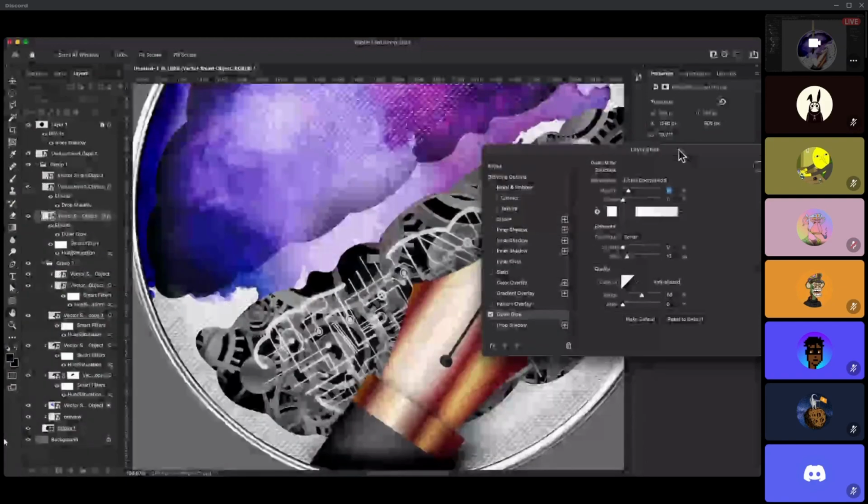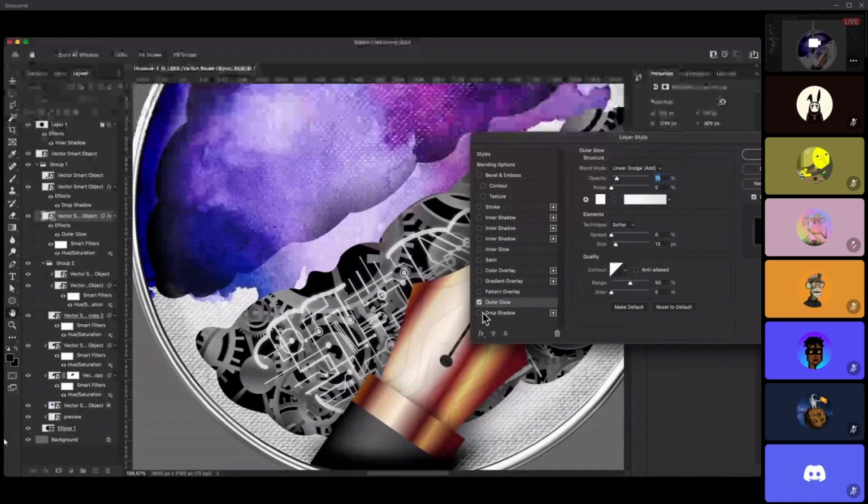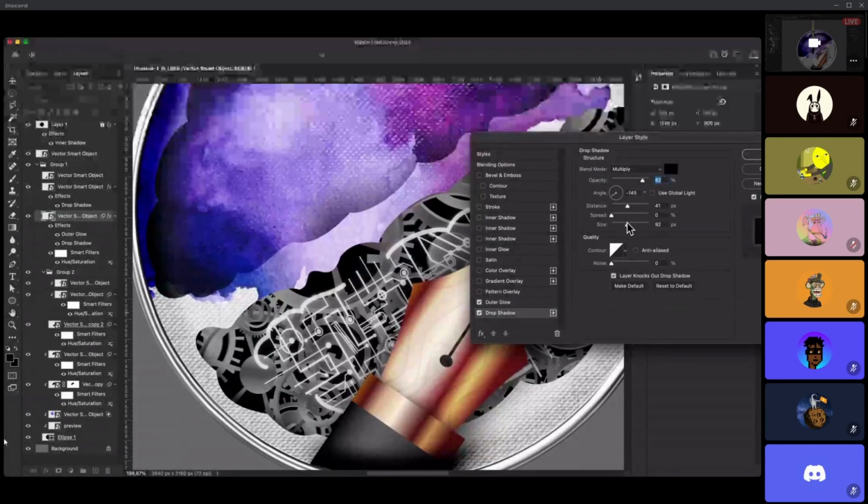you can also add some drop shadow to further solidify the point. So I decrease the size, I can drag the handles like that, and I can increase blur a bit because light will be a bit diffused by the time it hits those gears, and also play with the opacity a bit like that.